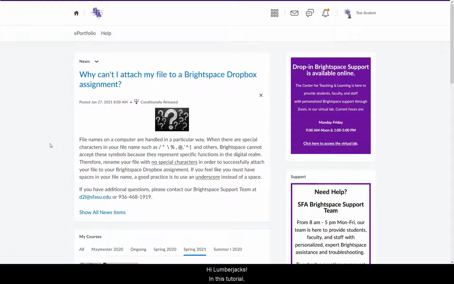Hi Lumberjacks! In this tutorial, you'll learn 2 quick ways to locate and access your courses from the Brightspace homepage,